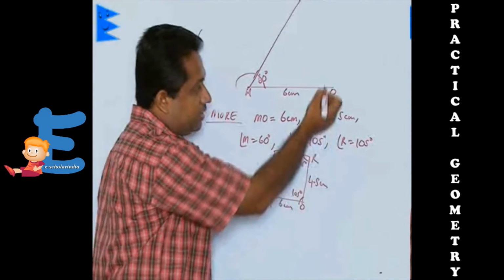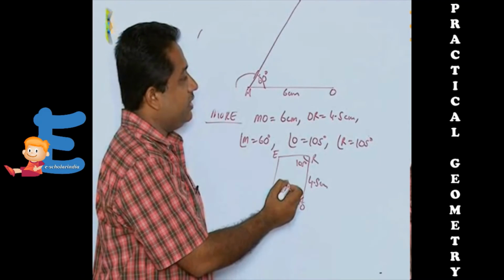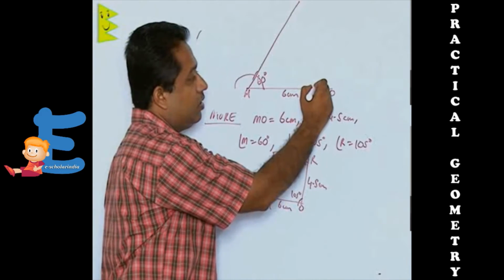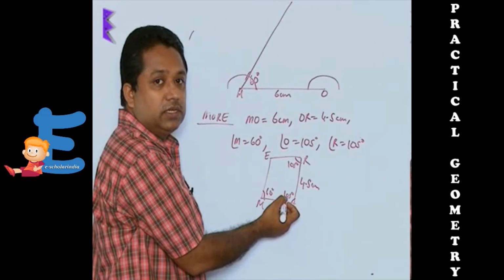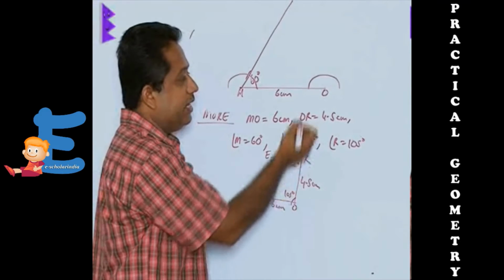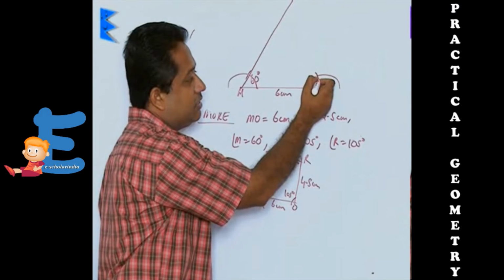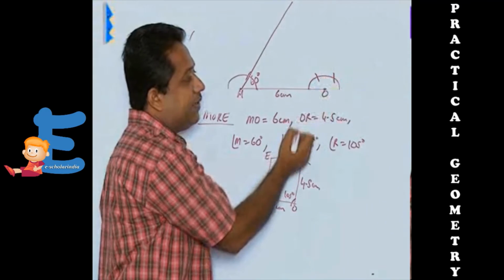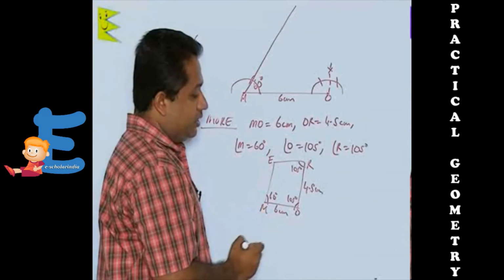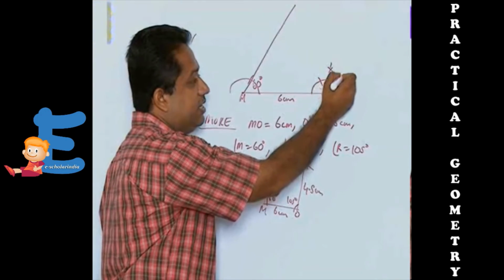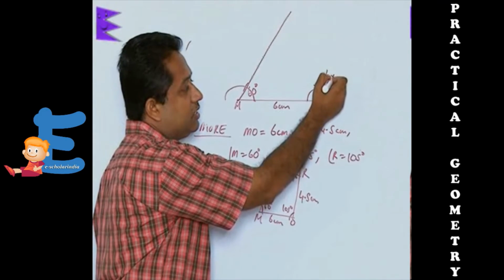On the other side, at this point O, the angle given to us is 105 degrees. So 105 degrees has to be drawn by again bisecting 90 and 120 degrees. Now how do we bisect 90 and 120? First of all, this point is O. Without changing the radius, the first cut is 60. Second cut becomes 120. From 60 and 120 I will draw arcs. This becomes 90 degrees. This is 120 degrees. So 90 and 120 is there. Now from here and here you are going to cut arcs.